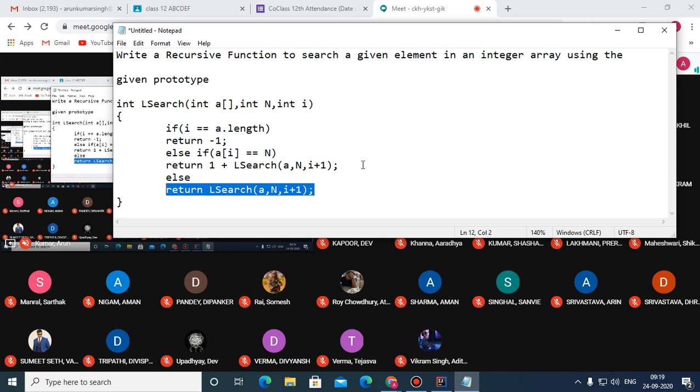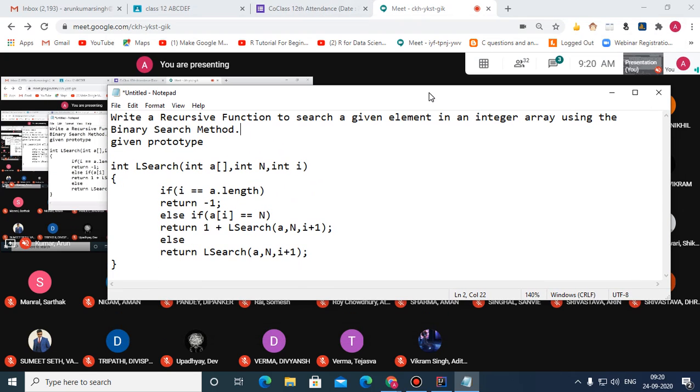Okay, now children, one more recursive function you have to write. Write a recursive function to search a given element in an integer array, this time using binary search method. Assume that the array is in ascending order. Now this time the prototype also will change.